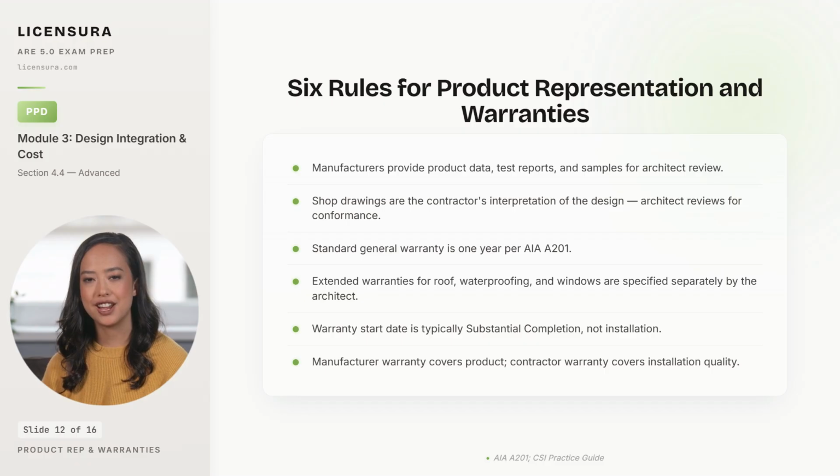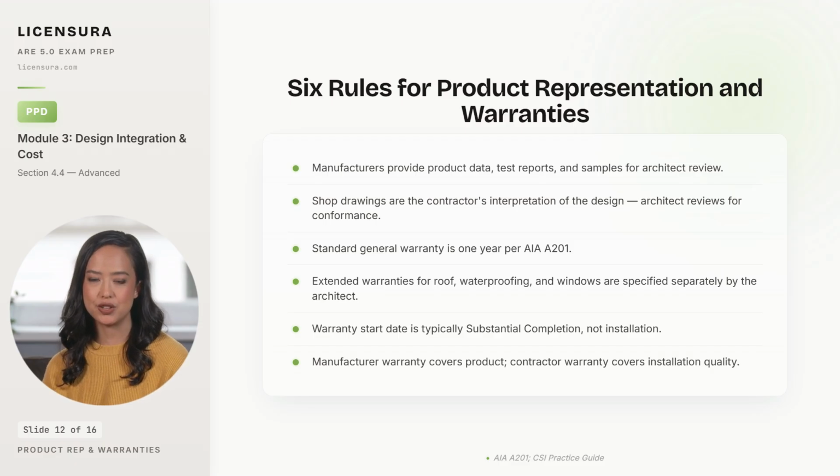Fourth, extended warranties for roof, waterproofing, and windows are specified separately by the architect in the appropriate spec sections: a 10-year roof warranty, a 20-year window warranty, and so on. And those start at substantial completion as well. Fifth, the warranty start date is typically substantial completion rather than installation, which matters when an element gets installed early